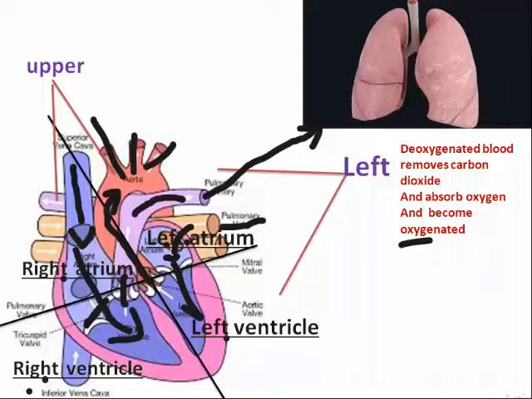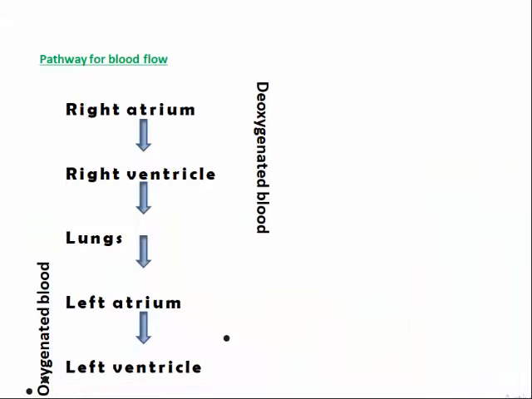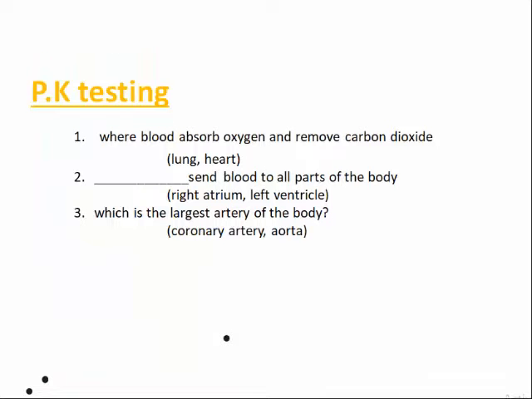Arteries are the blood vessels which contain oxygenated blood. Okay, except the pulmonary artery, all the arteries in the body have oxygenated blood. This is an interesting piece of information. Okay, the pathway of the blood flow is also shown through this slide,